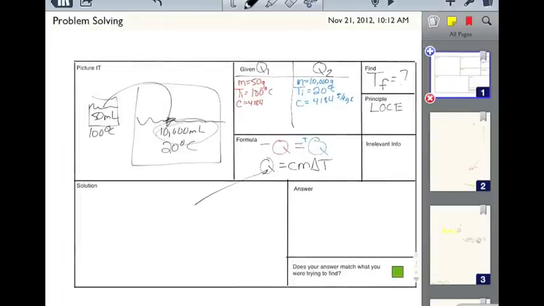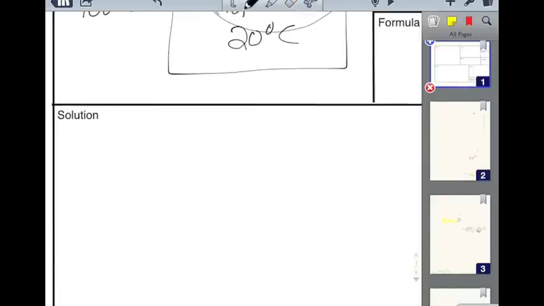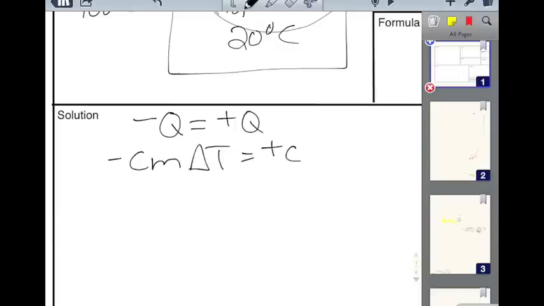So how are we going to solve this? What we're going to do is start to plug in our numbers. If you have negative Q equals positive Q, you can also say negative Cm delta T equals positive Cm delta T. Remember, keep your sides straight. You have the hot side on the left, you have the cold side on the right. The specific heat is the same on both sides, so it cancels out. Now you can plug in your numbers, and you get negative 50